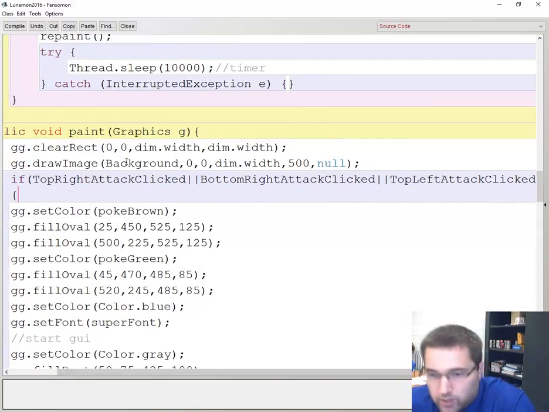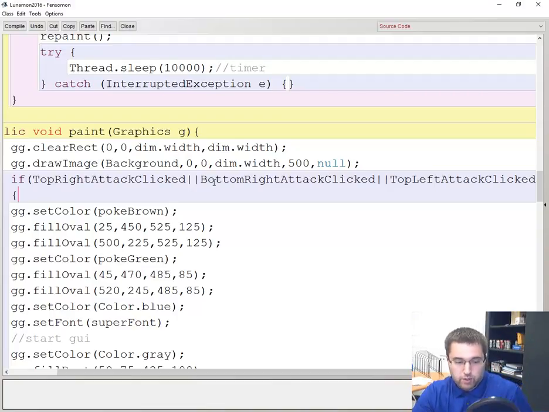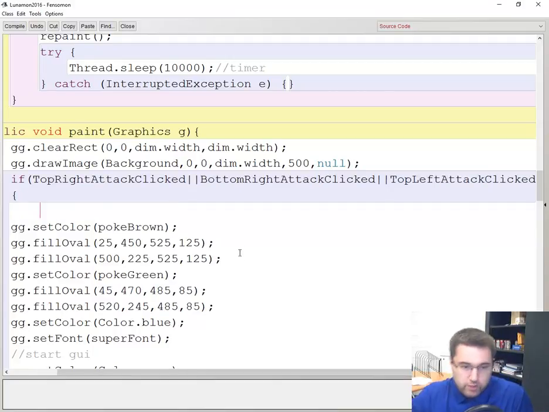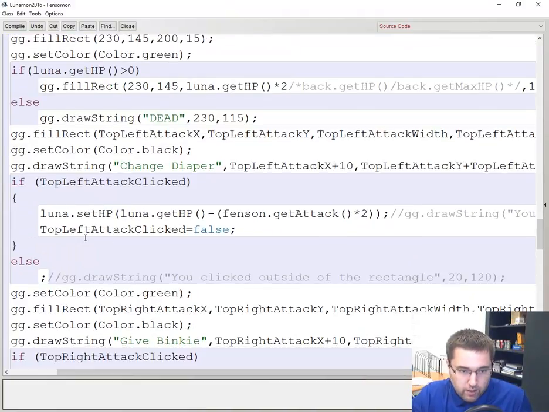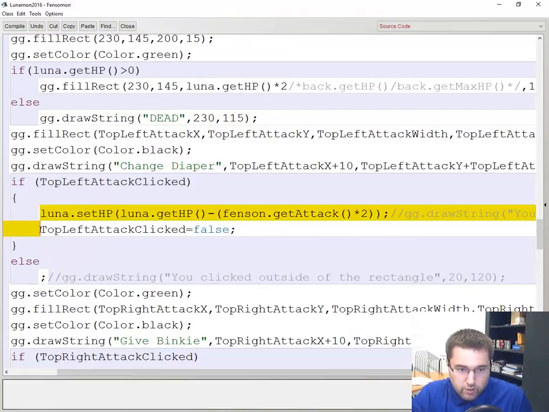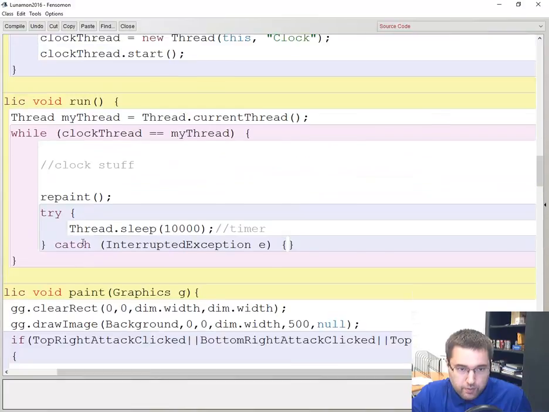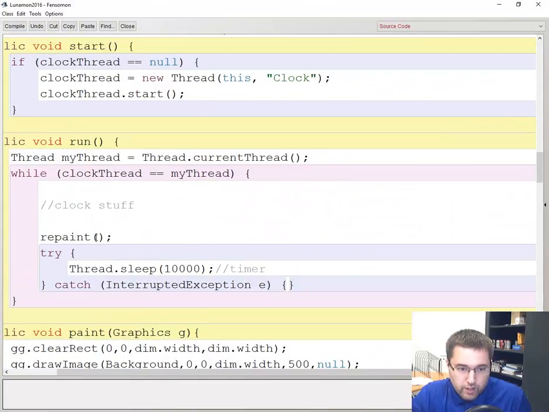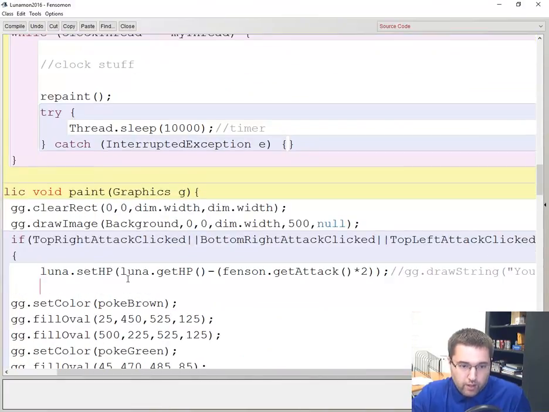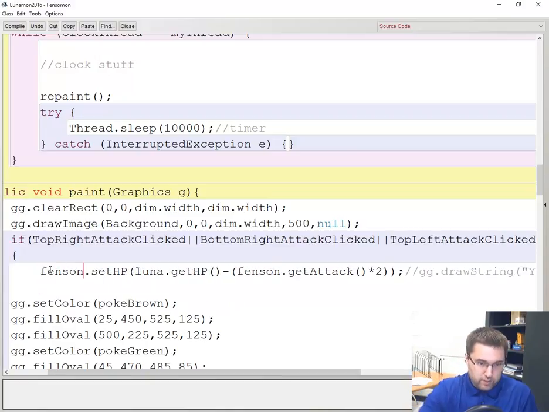So the easiest way to do this is the way I'm going to do it, which is not the way you should do it. You should have it where they do a random move. So you need to create a function inside Pokemon to do the counter. But the easy way is I'm going to take the Luna attack and change it so that fencing